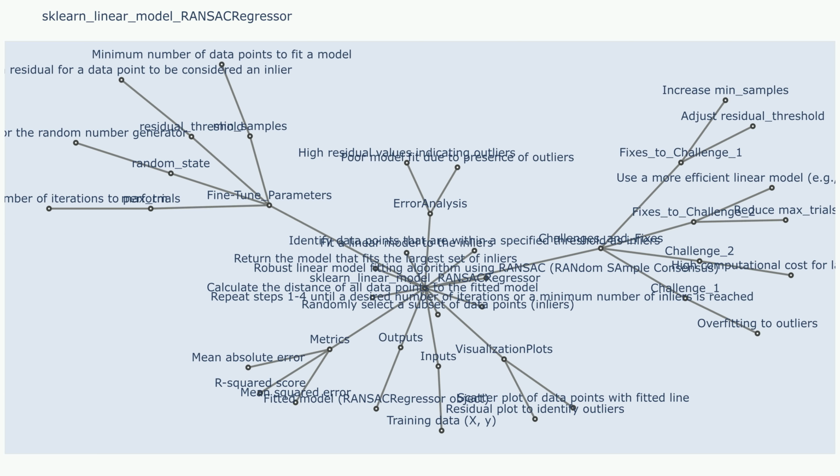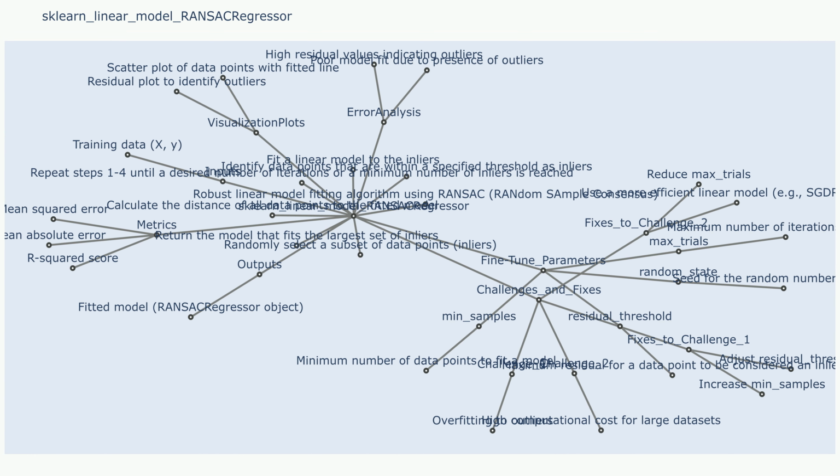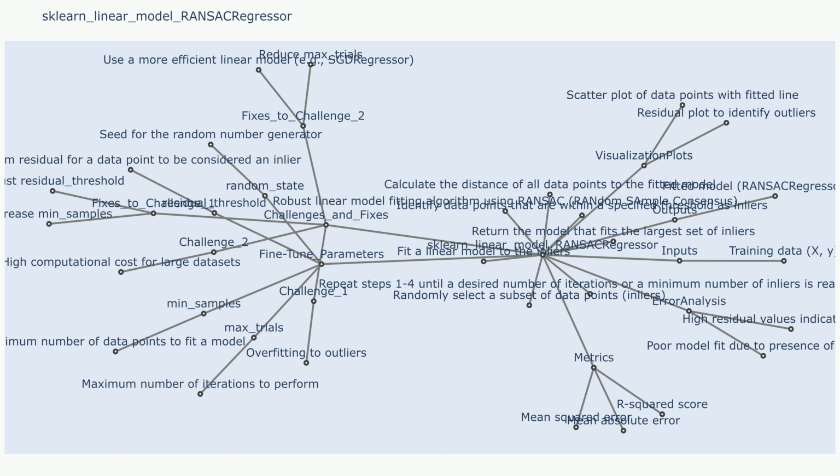sklearn, linear model, RANSACRegressor. Description: RANSACRegressor implements the random sample consensus (RANSAC) algorithm, which is a robust method for fitting a linear model to data that contains outliers. RANSAC works by iteratively selecting a random subset of the data, the inliers, and fitting a linear model to this